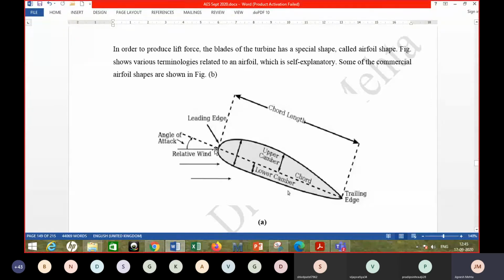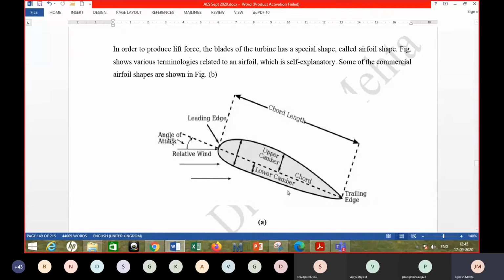So this relative wind would make some angle with the chord of the blade, and that angle is called angle of attack, and that is a very important angle, and a particular optimum value of this angle should be maintained to be able to tap the maximum power from the wind, right? So in the video it talked about the pitching of the blade. So pitching of the blade is adjusting the angle of attack so that you are able to generate optimum power